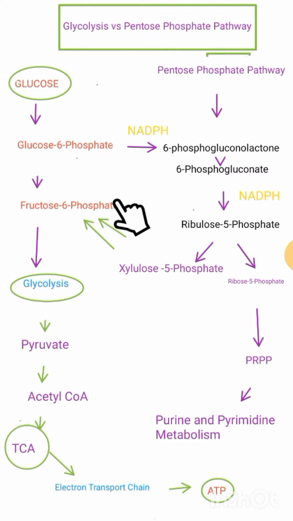Now, there is a very interesting question, probably the reason why this question was asked. There are times when the body needs NADPH as much as it needs ATP. What happens? What this means is both pathways have to be active in one way or the other. How does this happen? So here's the thing. When we have a situation where the body needs both NADPH and ATP, at the point of glucose